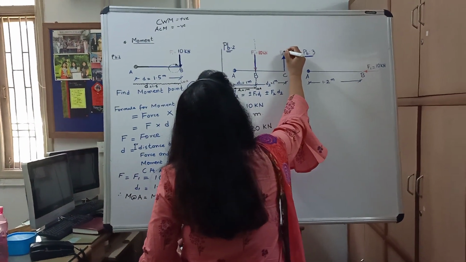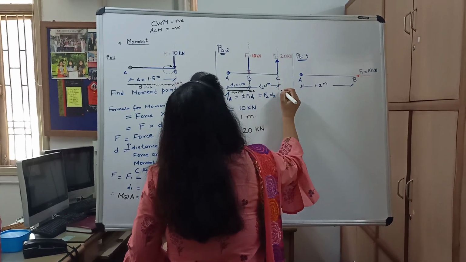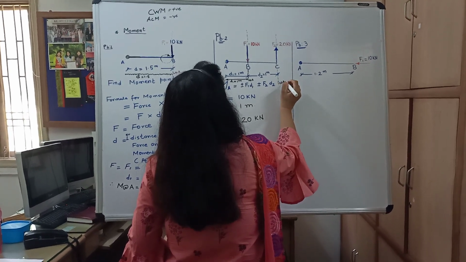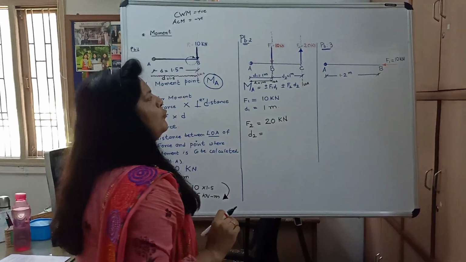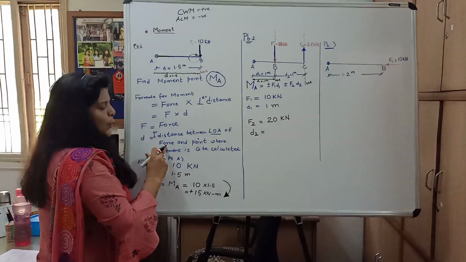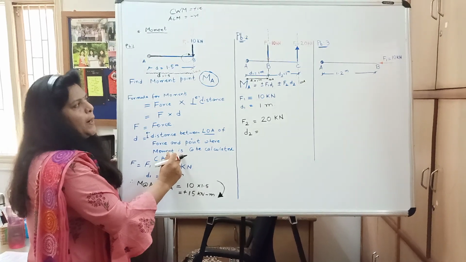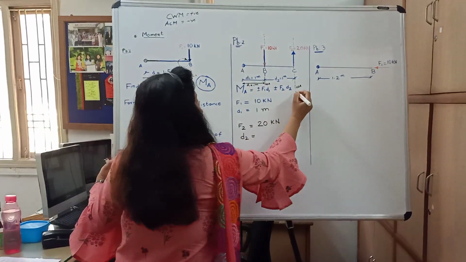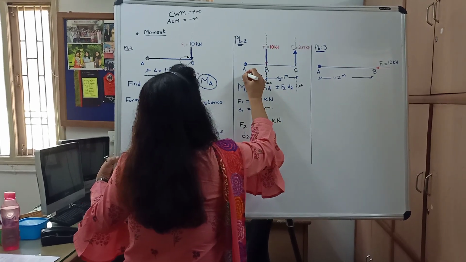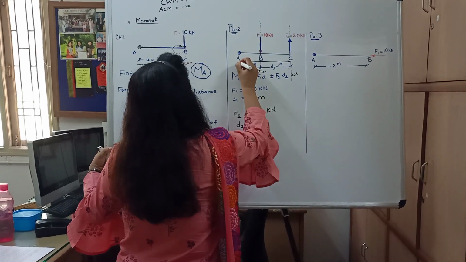So we are extending this line of action, and this is called the line of action. Okay. So what will be the distance of force F2? It is the distance between the line of action of the force and the point where moment is calculated. Where are we calculating moment? At point A. So the distance will be up to point A, and we can show this as our distance D2,